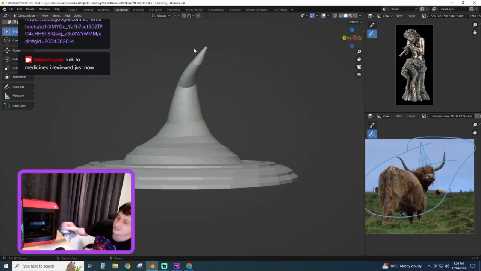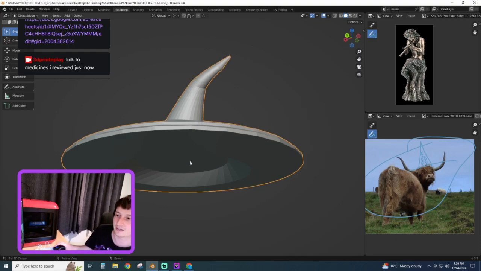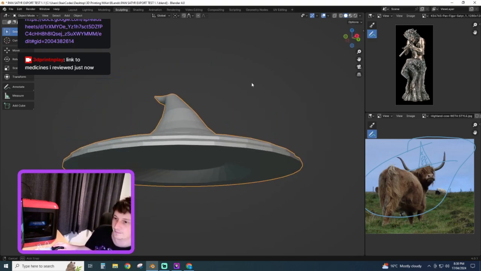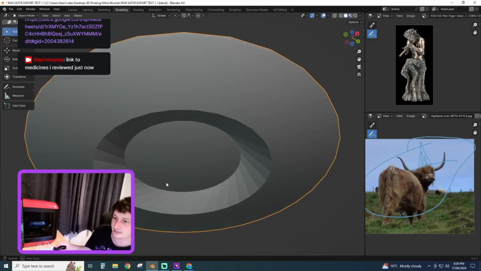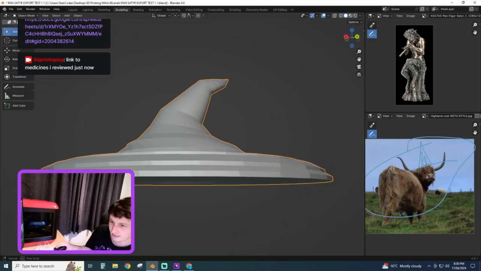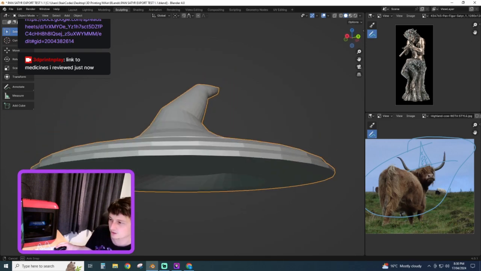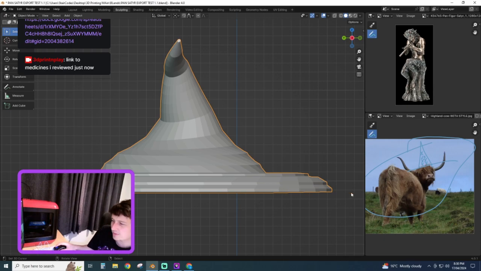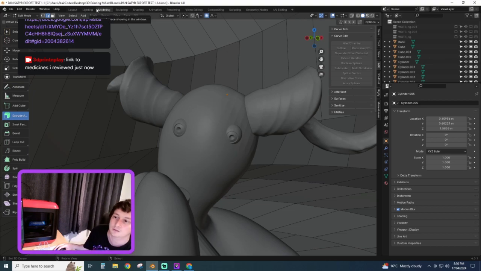Especially because I'm liking the idea of this fly wizard hat, so we can kick that off because that's going to be a nice small and quick print. And it's purely been done just with modelling so far. I could have kept the base flat, but it's not quite perfectly flat. I could even that out, but I'm going to just do a boolean for that because that's going to be so much easier, and this is typically why I include them so much in my workflow. So let's just go to modelling.